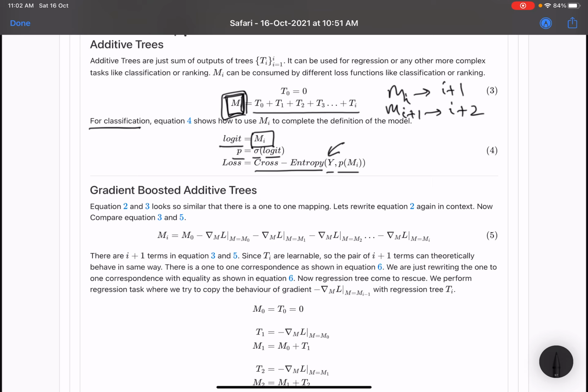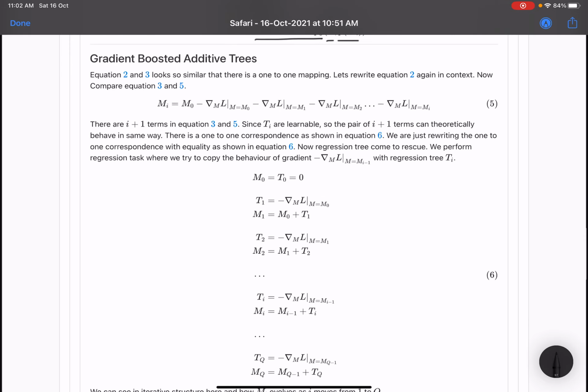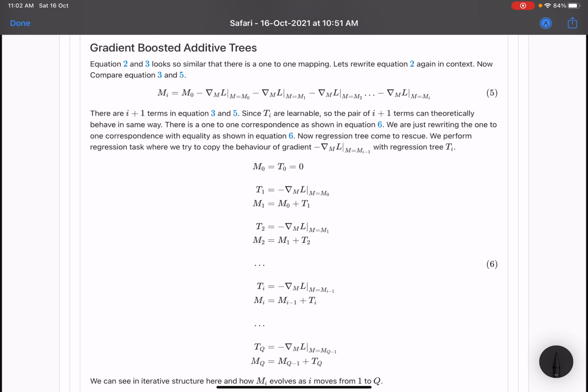So this is our model, and let's see how we can do gradient boosting to these decision trees, or regression trees, to be precise. Now I have rewritten the gradient descent update, which we saw in equation 2, with respect to our models in context.